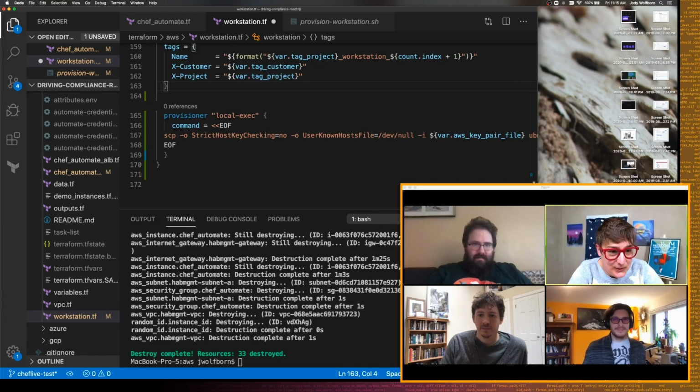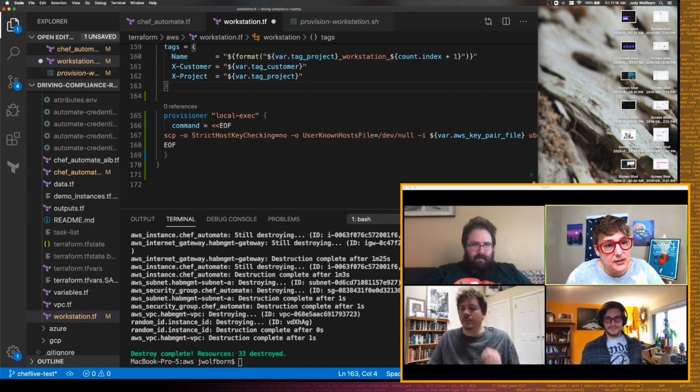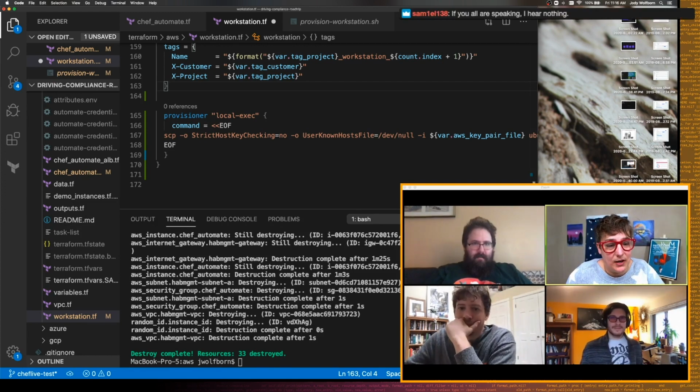So my goal here was to spin up an Automate server with all the workstations like we had for our road trip last year. It's the same code, I just added onto it. So we want to spin up the workstations, we want to spin up a Chef Automate server, and then inside that Chef Automate server,